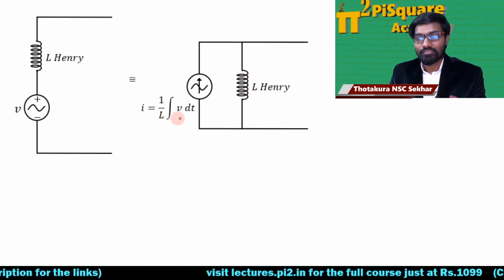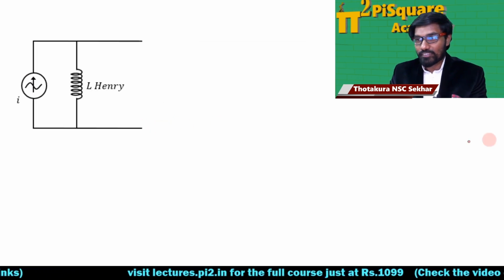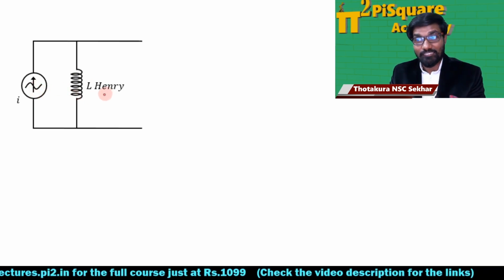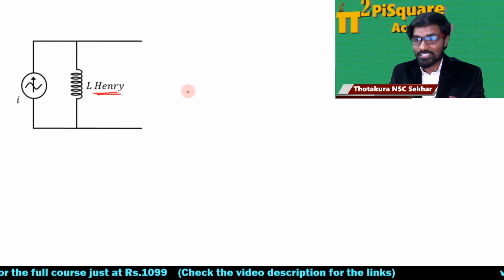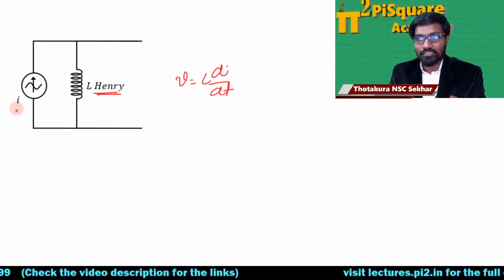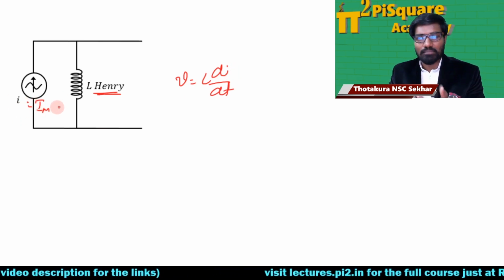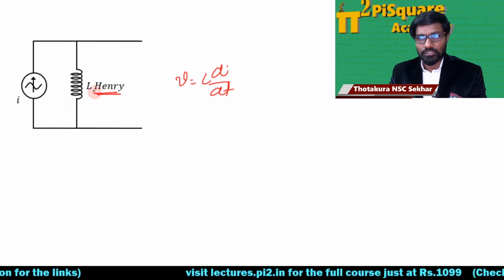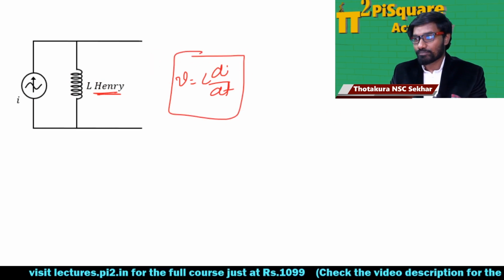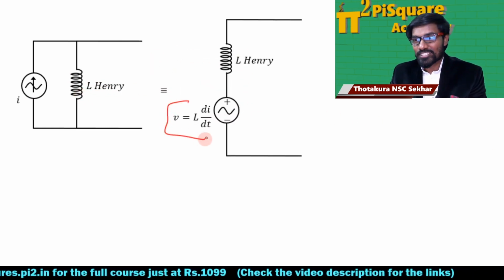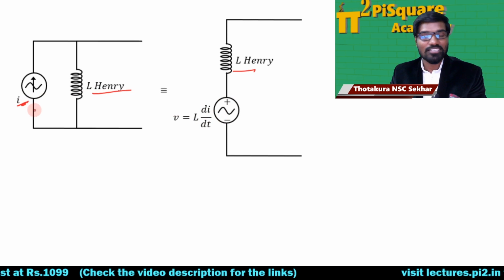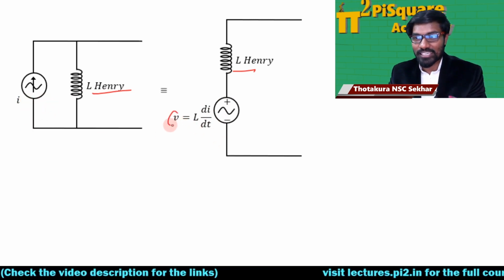Now reverse. If you have a current source in parallel with an inductor whose unit is in Henry, then again the same formula, V = L di/dt. We know the current is some Im sin(ωt − 30), whatever it is, it will be given in AC, because an inductor in Henry means we'll obviously use it for AC only. So the voltage source value will be L di/dt. I will differentiate the current with respect to t, and put that as the voltage source.